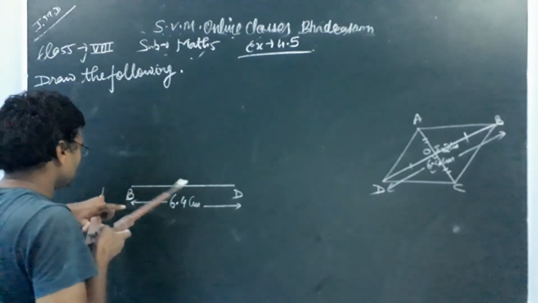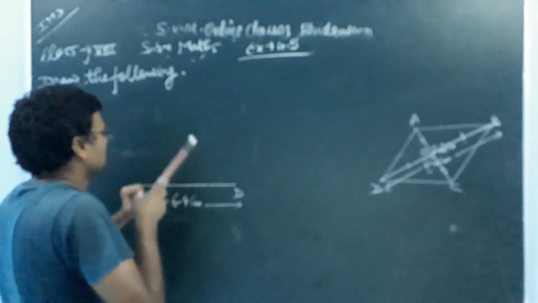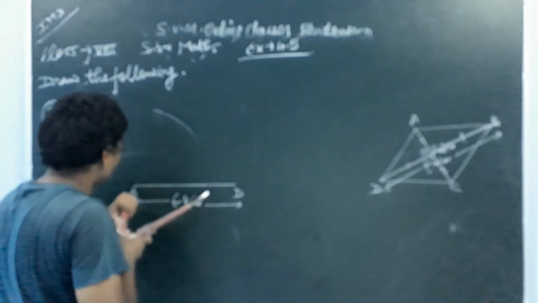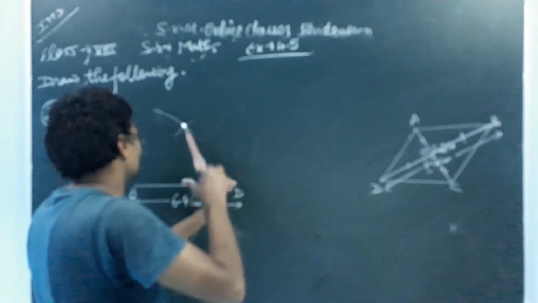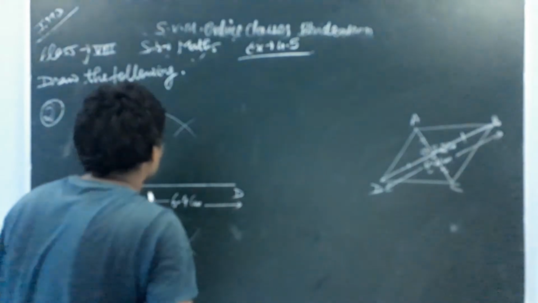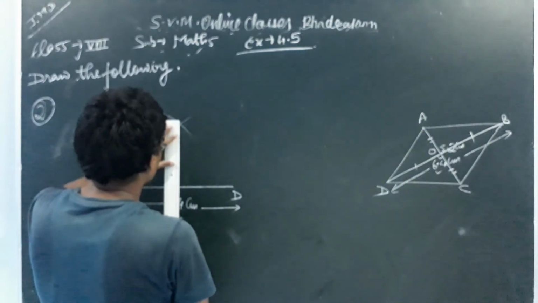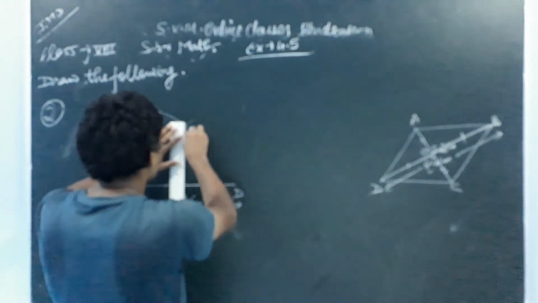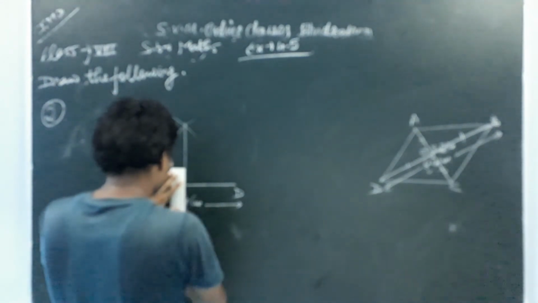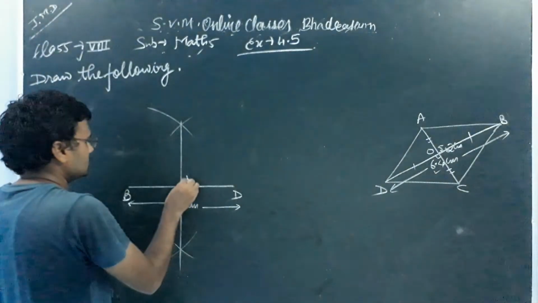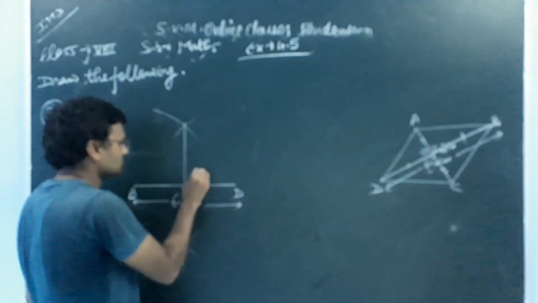What we will do is we will bisect this diagonal from point B. We will draw an arc over here and another arc over here. After that, from point D we will do the same, one arc over here, another arc over here, and we will match them up. This is our midpoint, which is M. I have already considered this as O, so this is O.